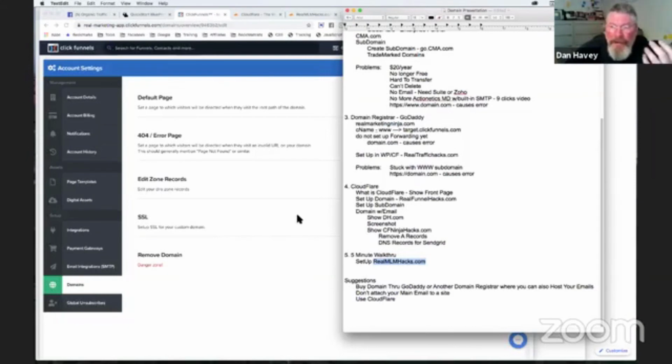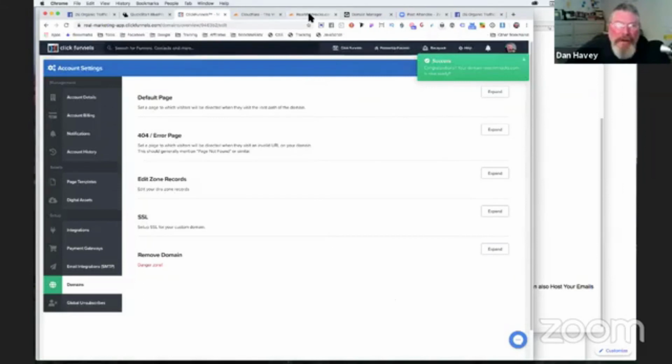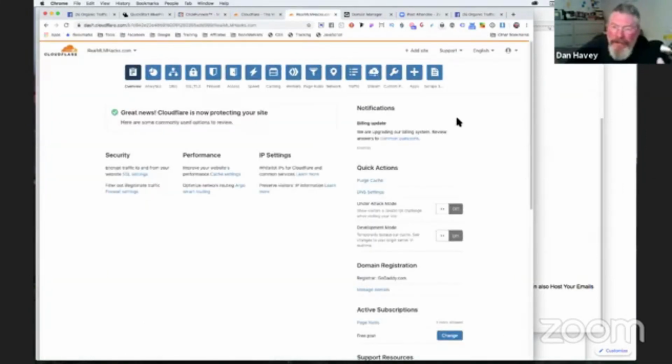When I used to be running WordPress sites, I would buy the domains at GoDaddy. I would run them through Media Temple, which was my hosting for the WordPress sites, and I would run everything through Cloudflare. And now one thing I didn't show you inside of Cloudflare, and you're going to have to do some research on this yourself, is even with the free account, and I don't know if I told you this,